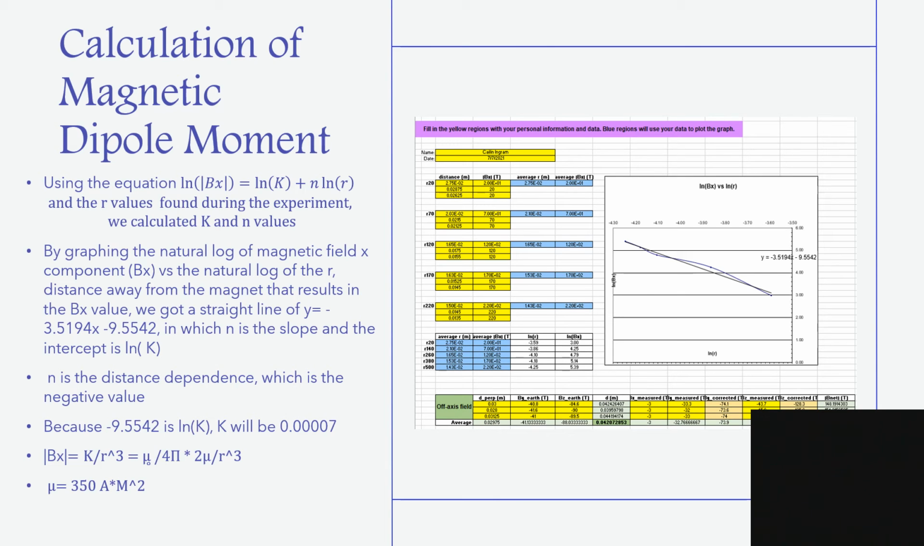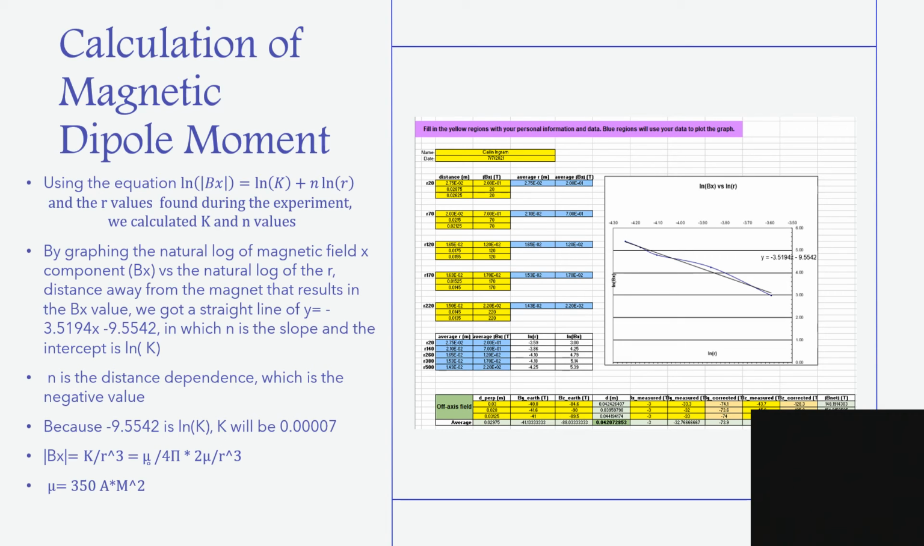Calculation of magnetic dipole moment. Using this equation shown on the screen and the r values found during the experiment, we calculated the k and n values. And by graphing the natural log of the magnetic field x component versus the natural log of r, which was the distance away from the magnet that resulted in the specific magnetic field x component, we got